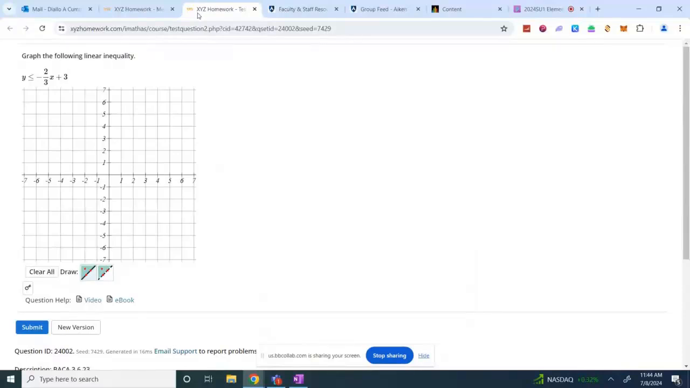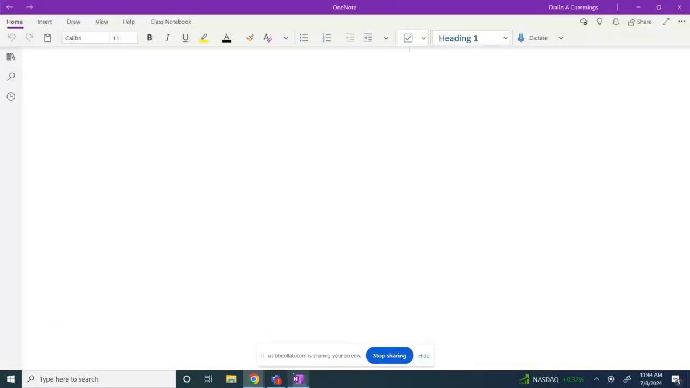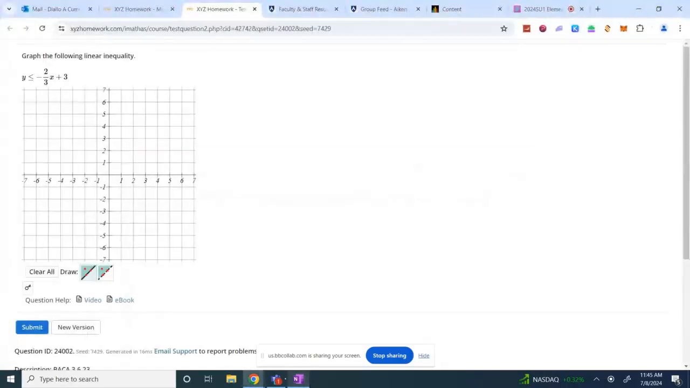And in this example, we're asked to graph the following linear inequality. y is less than or equal to negative 2/3 x plus 3. Before we graph it, let's take a look at some facts that deal with